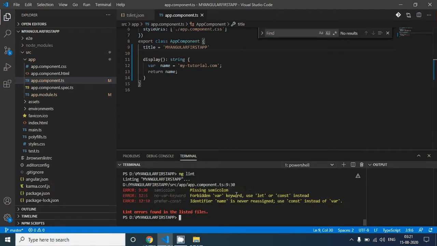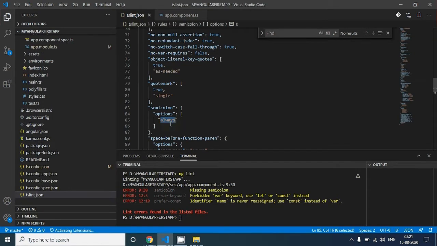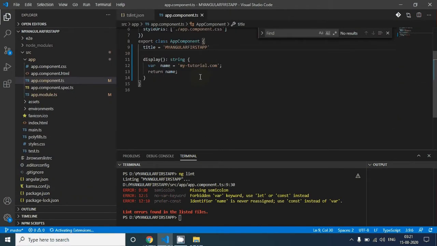The missing semicolon error: in the tslint.json file we have set a rule, semicolon always, so we always need to use a semicolon. In this line of code, title, I'm not closing the line with a semicolon.